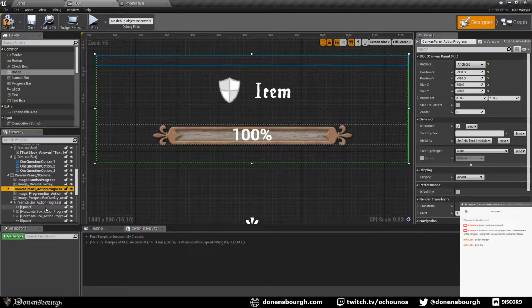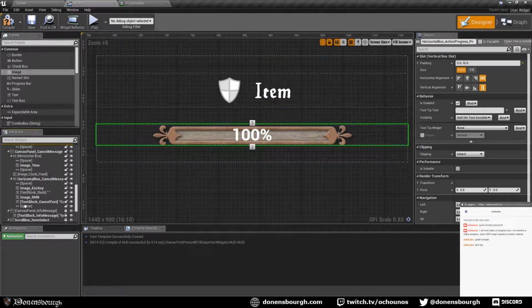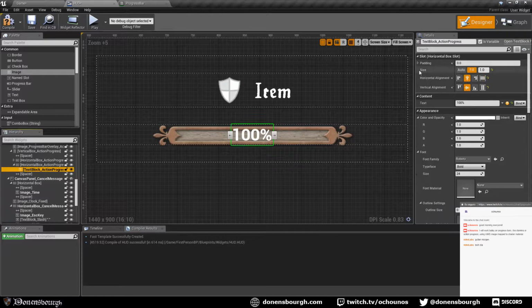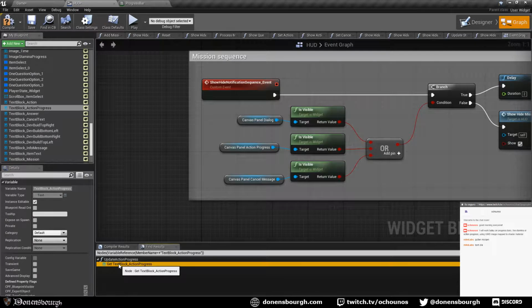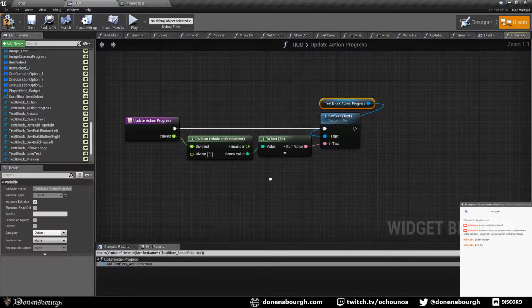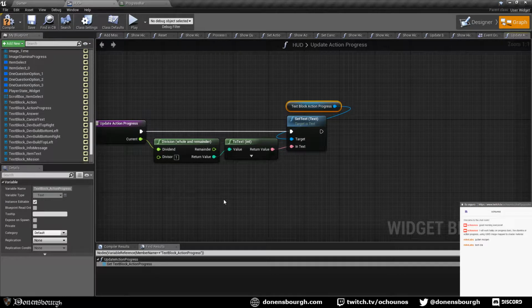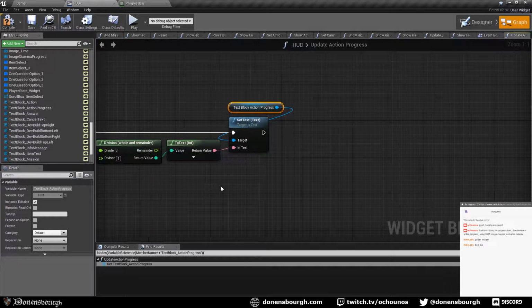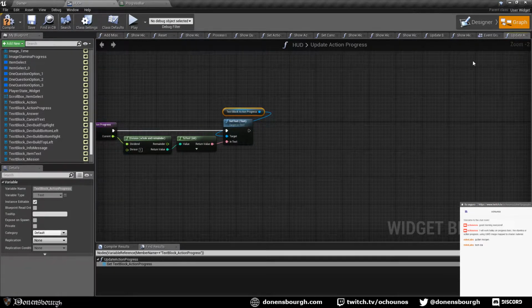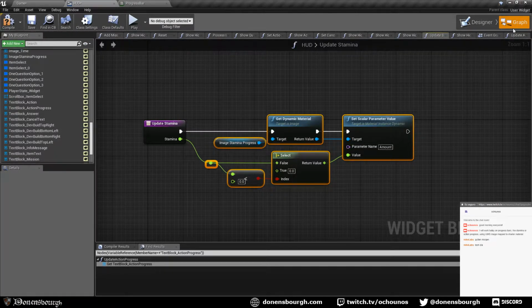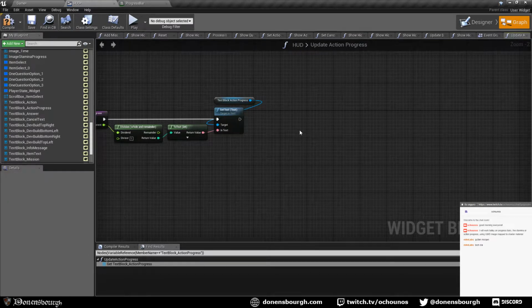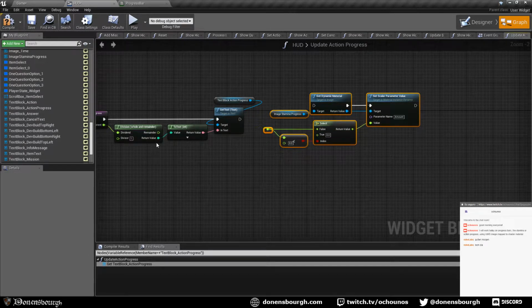So yeah, let me find this more. There's a text that I need to do. So this one, the text. Let me find where it is. Okay, so here is the update action progress. So this is the number here being divided, and then this is the value that I'm using kind of for the set that I need to use. So I will use exactly the thing here, but I will change of course the things to be there. So something like that, and this is the number that I need to use, this value,